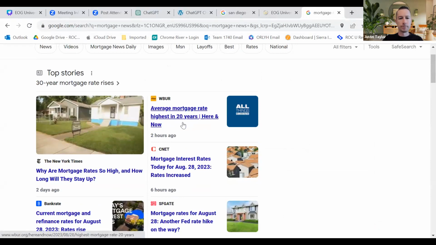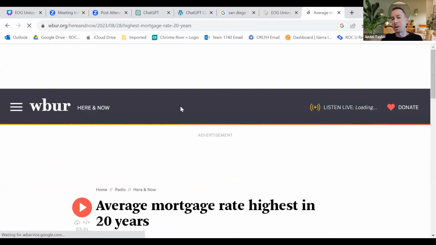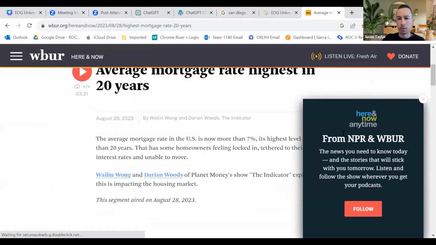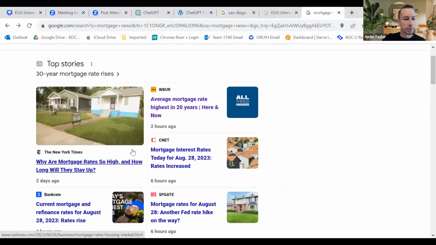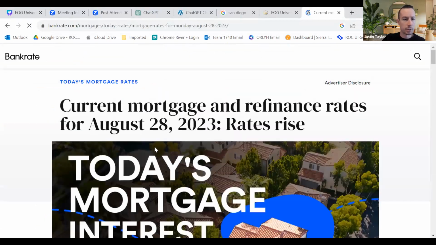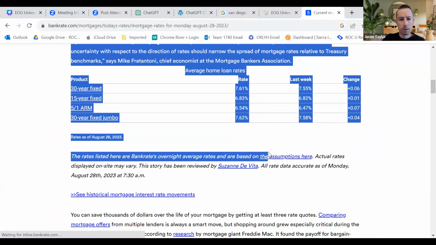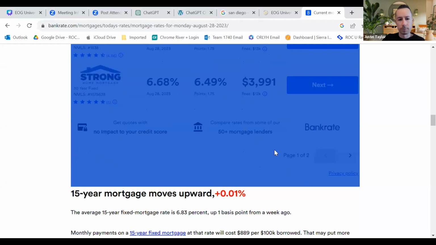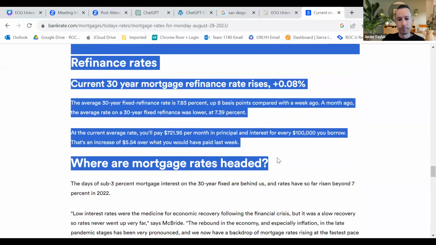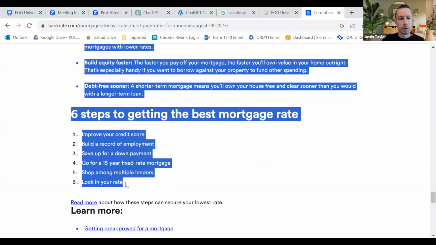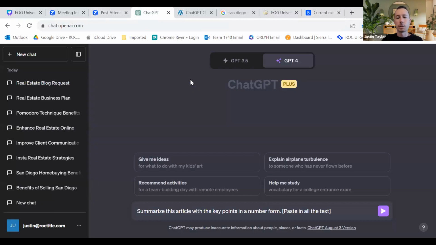Two hours ago. Okay, so I'm just randomly clicking on an article. Okay, so what I would do is I would just go through. This is what I have to actually log into. All right, let's find a different one. Maybe this. All right, so I'm going to copy this article. Literally everything. All right, we'll stop here. Okay, I'm going to copy literally everything that's on that page. Okay, we're going to see if this works.